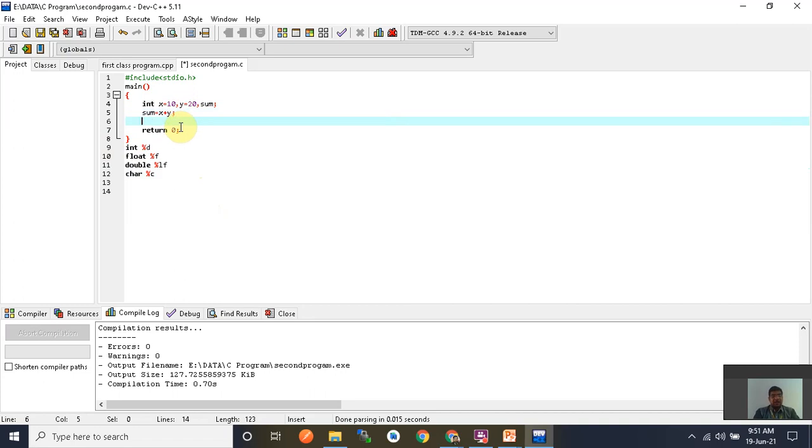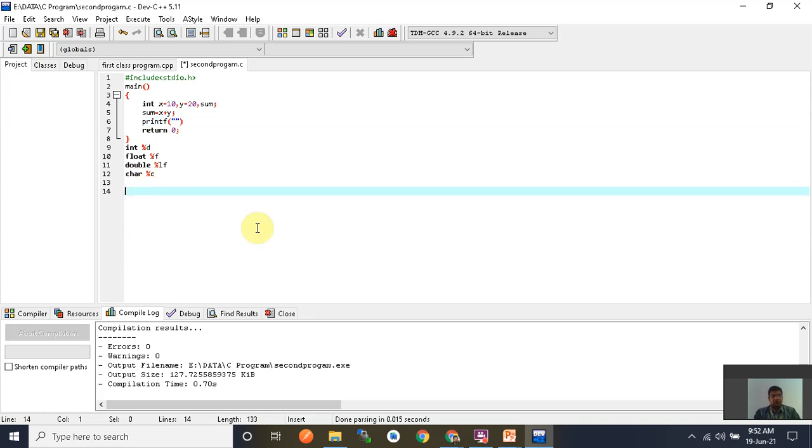So now I want to print these x, y and sum values with printf. I write the printf function and create the double quotes. Now I want to print x and y and sum, the variable of sum.